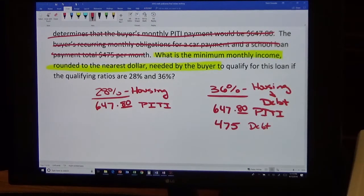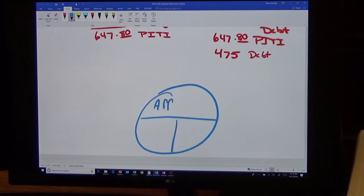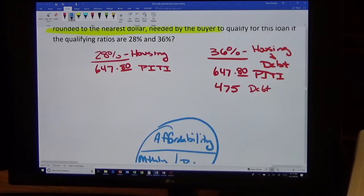Now I want to know what's the minimum monthly income needed by the buyer to qualify. Well, if we go back and think about our T-bar for buyer loan qualification, on top is affordability. In other words, how much of a payment they can afford, how much they need to afford. On the bottom is monthly income times the ratio. So, when we look at the 28% side, and the affordability is just these numbers on each side, by the way. On the 28% side, the math is going to be